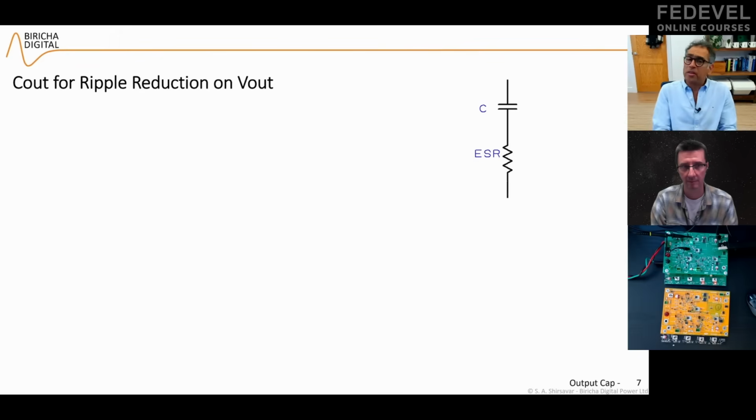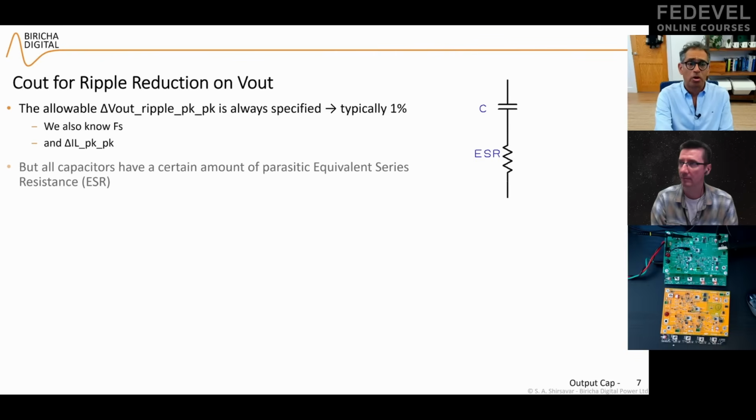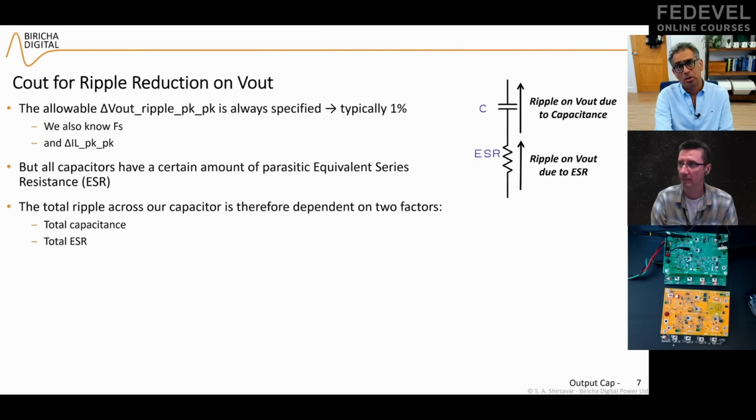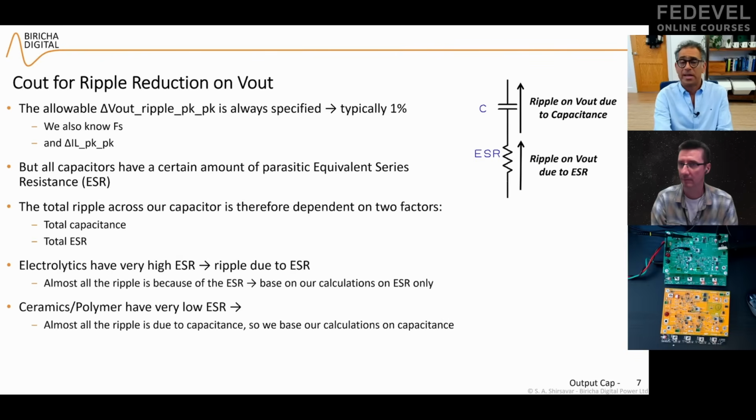The vast majority of other power supplies, the very common choice is electrolytics, and the calculation for electrolytics is different. So let us first assume that we are going to use ceramic capacitors and do a calculation. I will show you the ripple then, and then we will do it again a third time